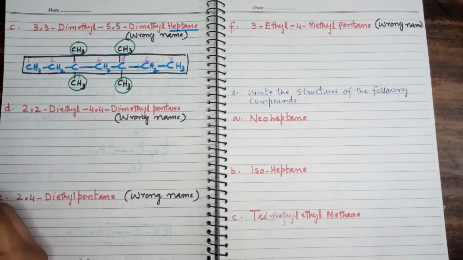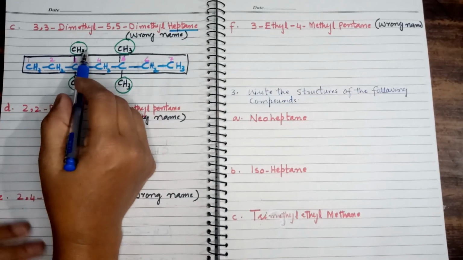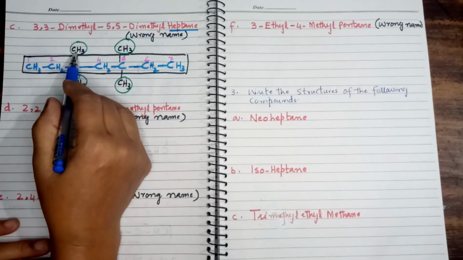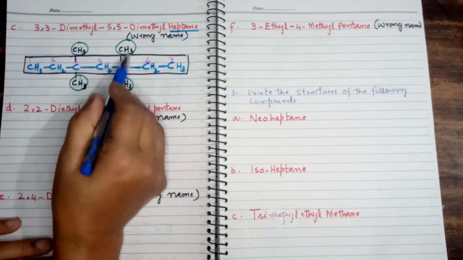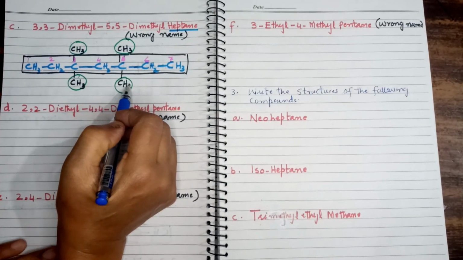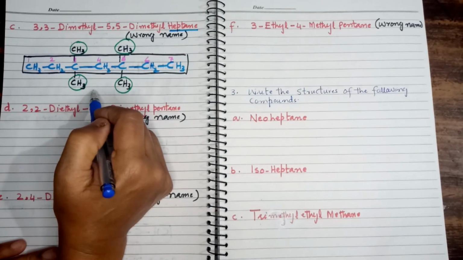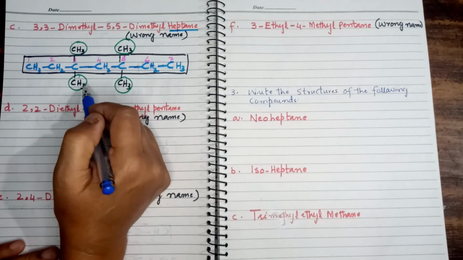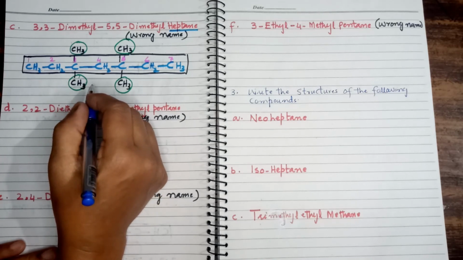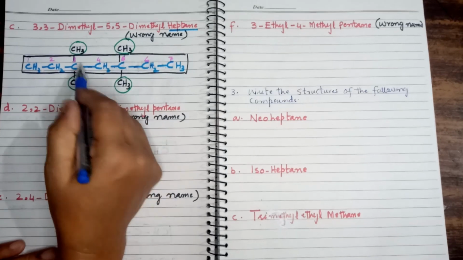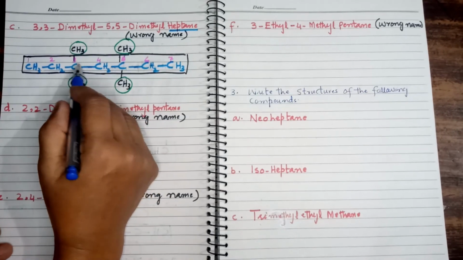Now assign the name to this organic molecule. We are going to assign the name. Now identify which radicals are attached. Methyl radicals. All the 4 radicals are methyl, right? Now how many methyl radicals are there? 4. To specify the number 4, we use the term tetra, right? This is tetramethyl, right? Now what are their positions?